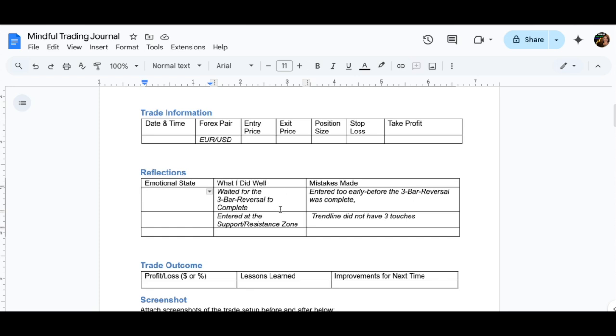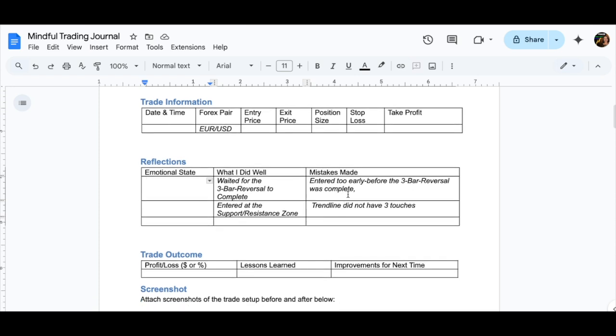Consider what you did well. Did you wait for your 3-bar reversal to complete? Were you careful to enter at a support and resistance zone? Because we know that that's key. And think about any mistakes that you may have made